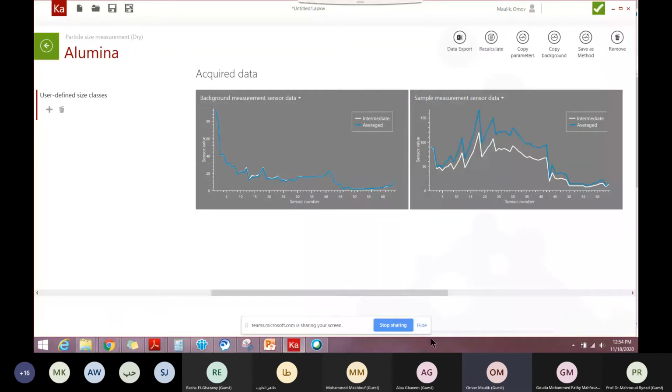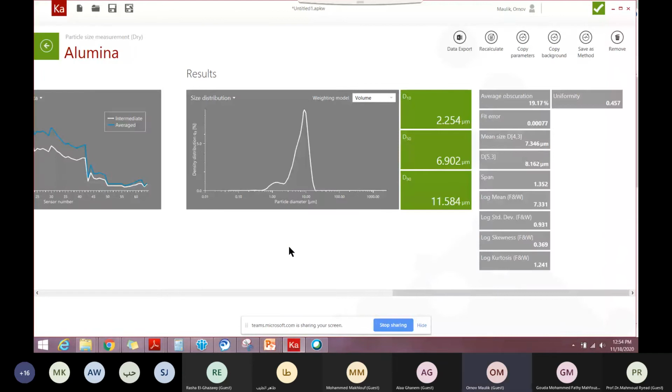Yeah, so you can see the particle size over here. You can see the variation between the liquid as well as the dry mode. When you look at the particle size itself, there won't be any substantial difference, provided that you are sure that your particles are de-agglomerated. You can see from this D10 to D90 value that it is almost similar to that of the liquid mode. In liquid mode we got 3 micrometers, and this one was 14 micrometers.